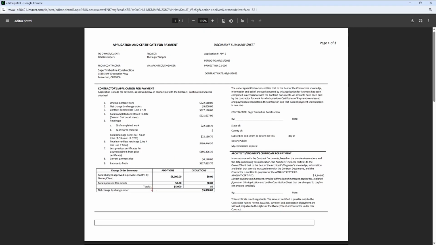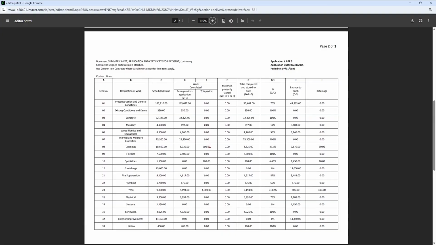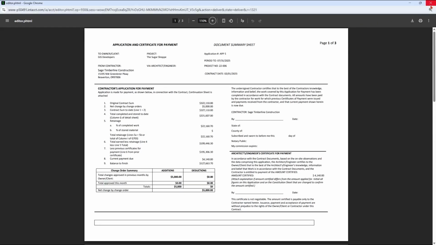There are other versions that have a notary signature. So we have a notary up here. We have other ones that have the notary signature not displayed if that's not required, and tax as well if you have a tax situation and you need to list tax on here. And then scroll down, you've got your lines here that mirror what an AIA looks like. Okay. So that is the entire process of creating the Progress Bill AIA scenario.